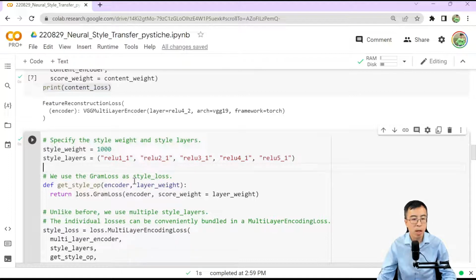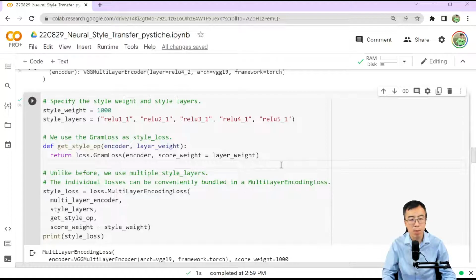First, we use the gram loss function to create the style loss for a single layer. As you can see, we wrap the gram loss in a function where there are two arguments: one is the encoder itself, another is the layer weight. Because we use multiple style layers, we should create multiple style losses, and we can conveniently bundle them together